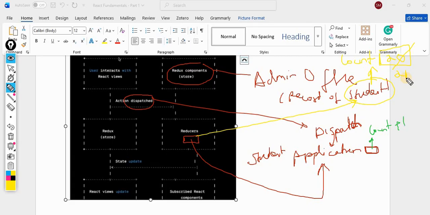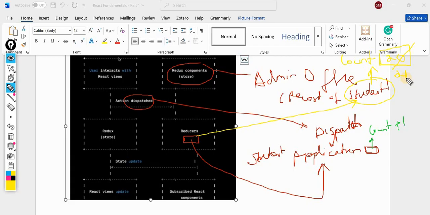So what happens till now? You cannot change the state directly from 20 to 21. There is a procedure. You will write an application. That is your dispatcher. Someone will receive the application. That is your reducer.